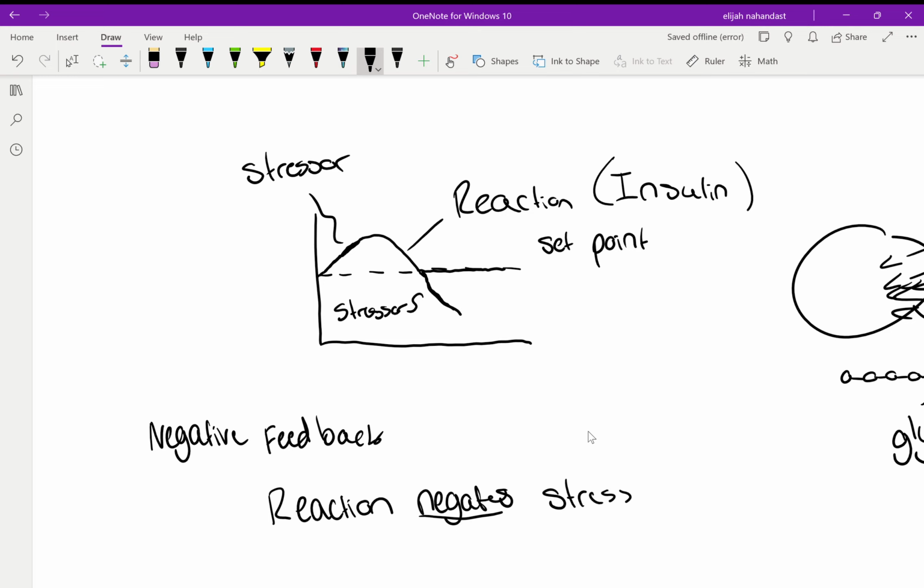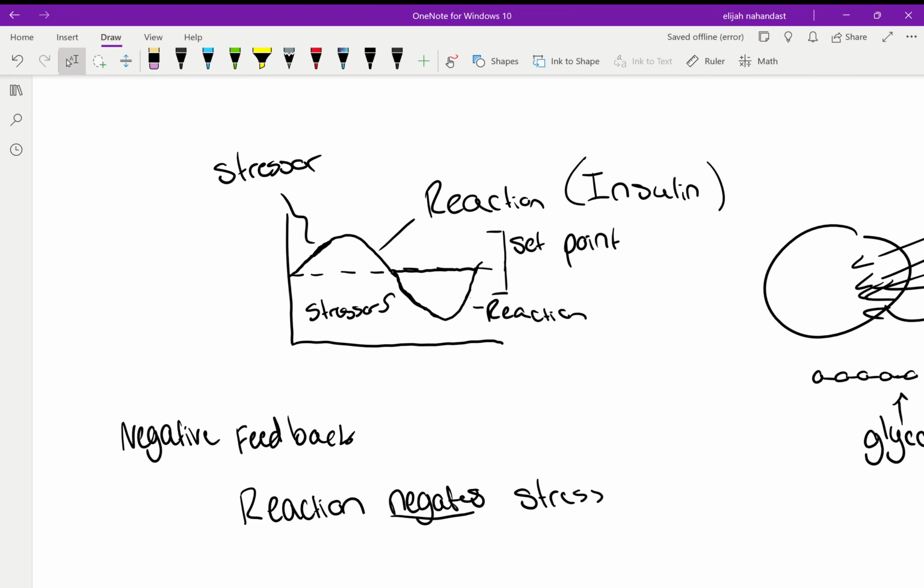So we're going to be coming down. We're going to reach a low blood sugar once we surpass our set point range, let's say a set point range right here. So we exceed that set point range, well, the body is going to then trigger its reaction to that because we want to get back to that set point. So remember, stressor, and then reaction brings it back towards the set point, and so on and so forth. And so the body's just constantly in this up, down, and maintaining our set point, and that is negative